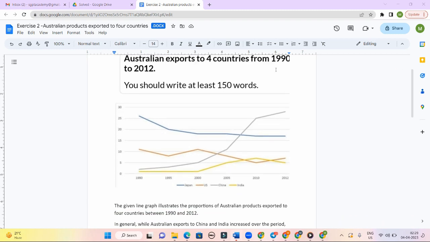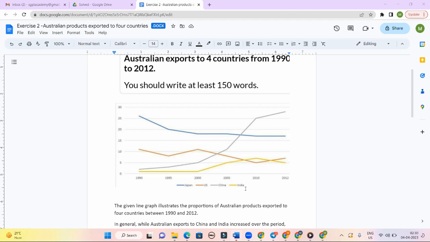So here are four line graphs. As you can see, the blue one is Japan, which is slightly sloping down. Then US, which is the brownish one, which has up and down slope from 1990 till 2012. China, the ash one, shows a gradual rise from 1990 till 2005, and then a steep rise from 2005 to